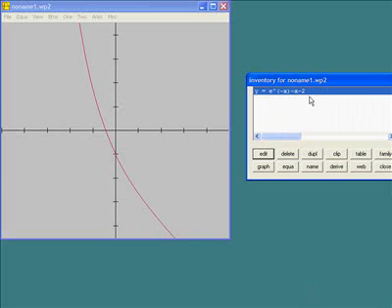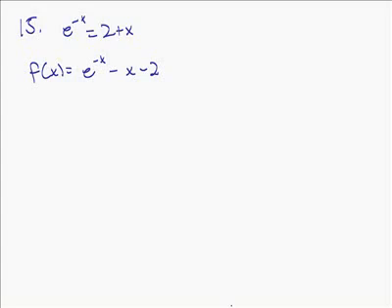Well, here's that function, e to the negative x minus 2. It looks like there's only one root that we're trying to find. It looks like it's about negative 0.5, maybe negative 0.4 something. So what I would do here is I would try with an x1 of negative 0.5. Now I'll go ahead and tell you, you can see what the answer is in the back of the book on this one. You should be able to zero in on it. It's negative 0.4 something. So I'm going to try with x1 equals negative 0.5